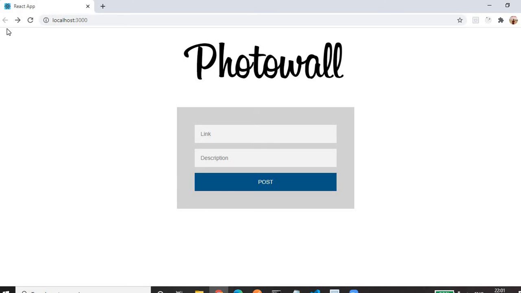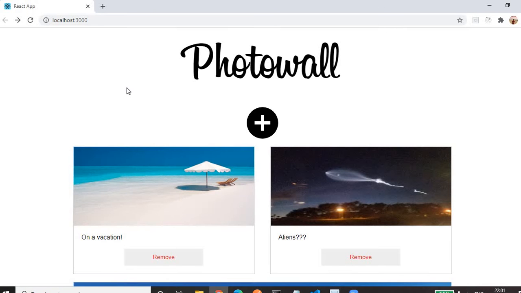So for making this back button work, we have to use the routing concept, not the if-else condition of displaying the page. It won't help us. Let me refresh, and we'll be back at the home page. First of all, we'll see how we are displaying the page on the basis of some condition without navigation.